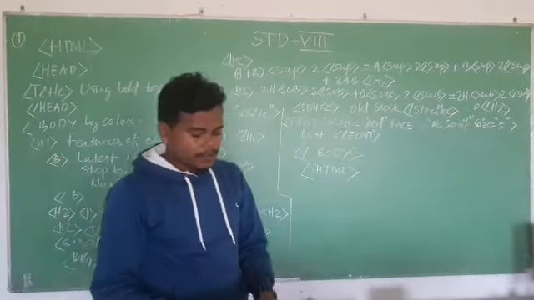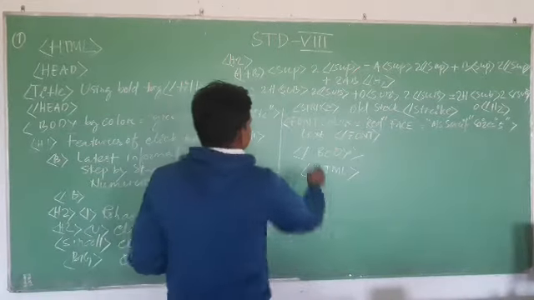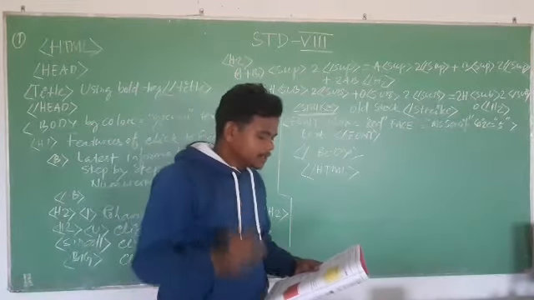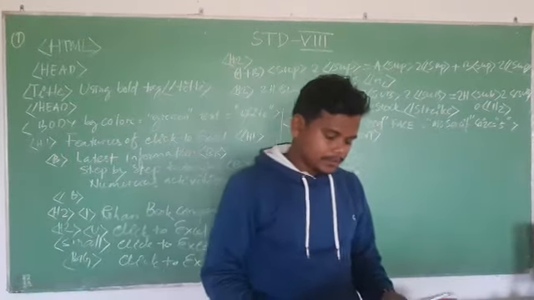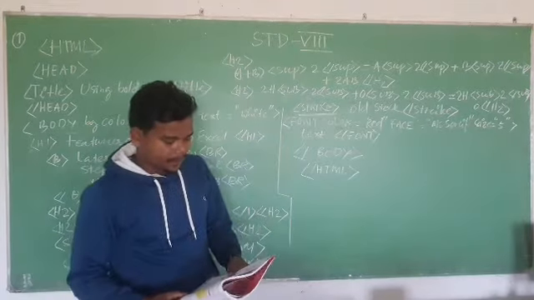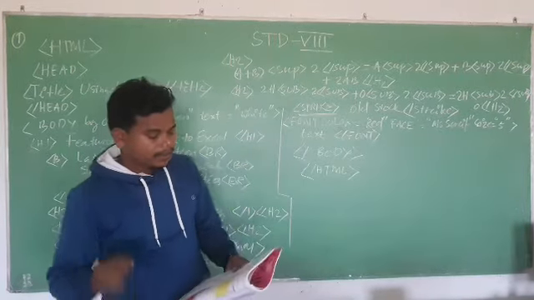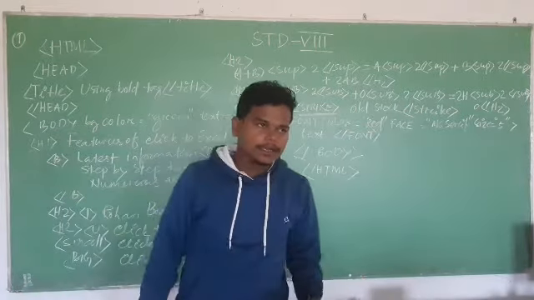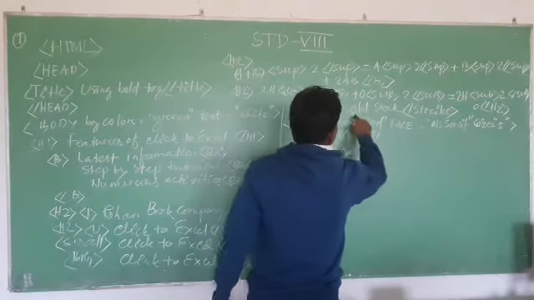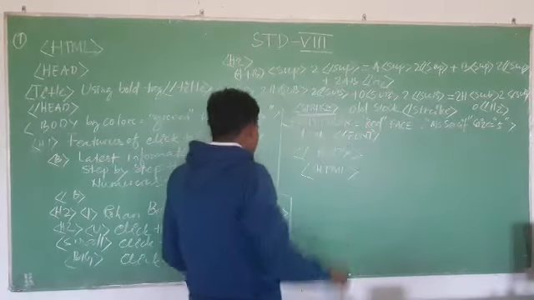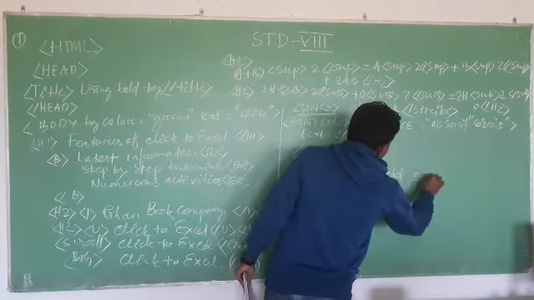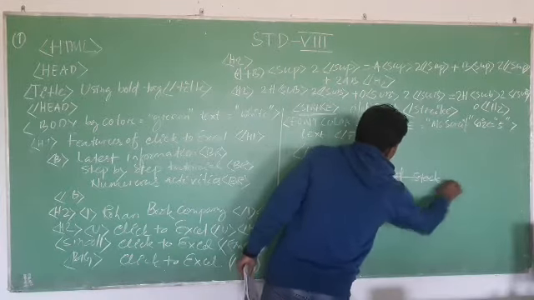Okay, the strike tag, you can see this one. This tag specifies that the enclosed text should be rendered in a strike through appearance. Usually this is done with a line through the middle of the text. For example, strike alt text strike means its output will be like this: alt text will be struck through.